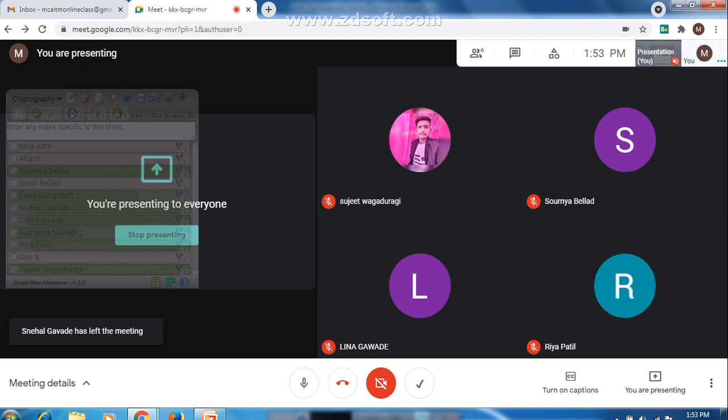Clear? Then in the second module, we started with DES. Before that, we started with the block cipher. In that, the Feistel cipher structure we have studied. Then the DES algorithm we have studied in detail. After that, we have studied AES. Till this point, any doubts, guys? If you have any doubt, let me know now itself. Otherwise, from tomorrow's class, we'll start with public key cryptography. Till now, we have studied symmetric. Now onwards, we are going to study asymmetric, that is public key cryptography.